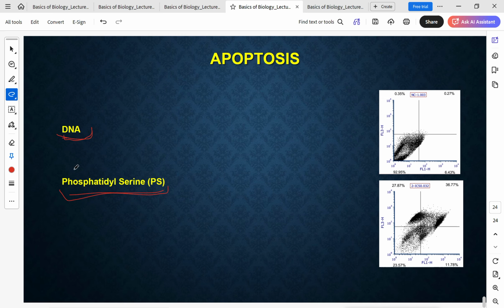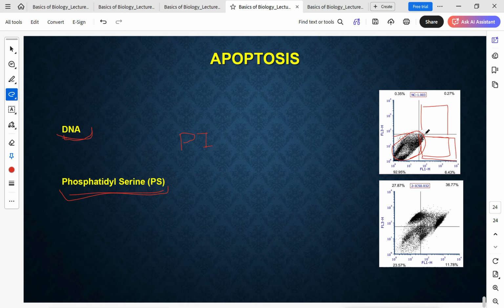So what you do is you stain your cells with propidium iodide and annexin 5, and then you pass the cell suspension through a flow cytometer. If your cells are in this quadrant, that implies your cells are healthy. They don't have propidium iodide staining, they don't have annexin 5 staining. If they have annexin 5 staining but they don't have PI staining, they are starting to undergo apoptosis, but they haven't reached the late apoptotic stage. So the ones in this quadrant are early apoptotic cells.